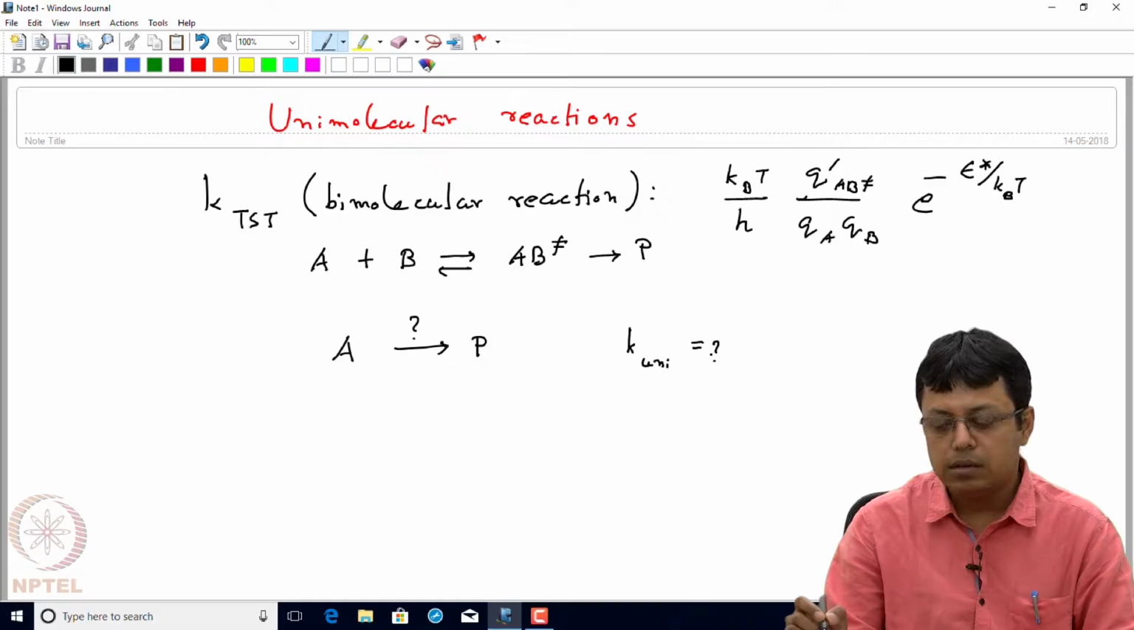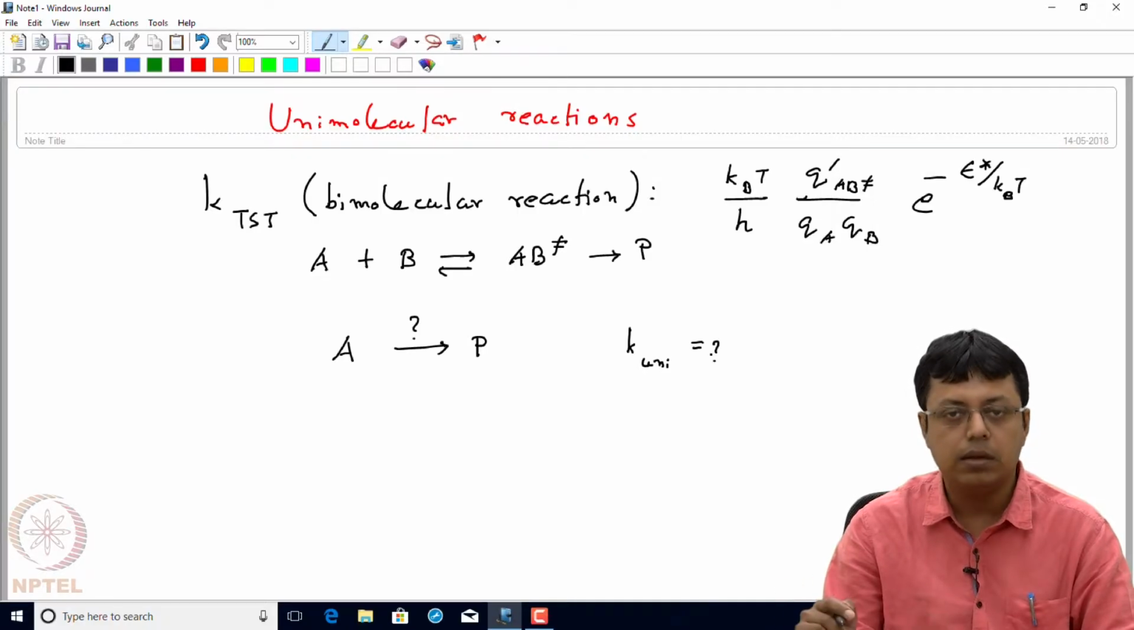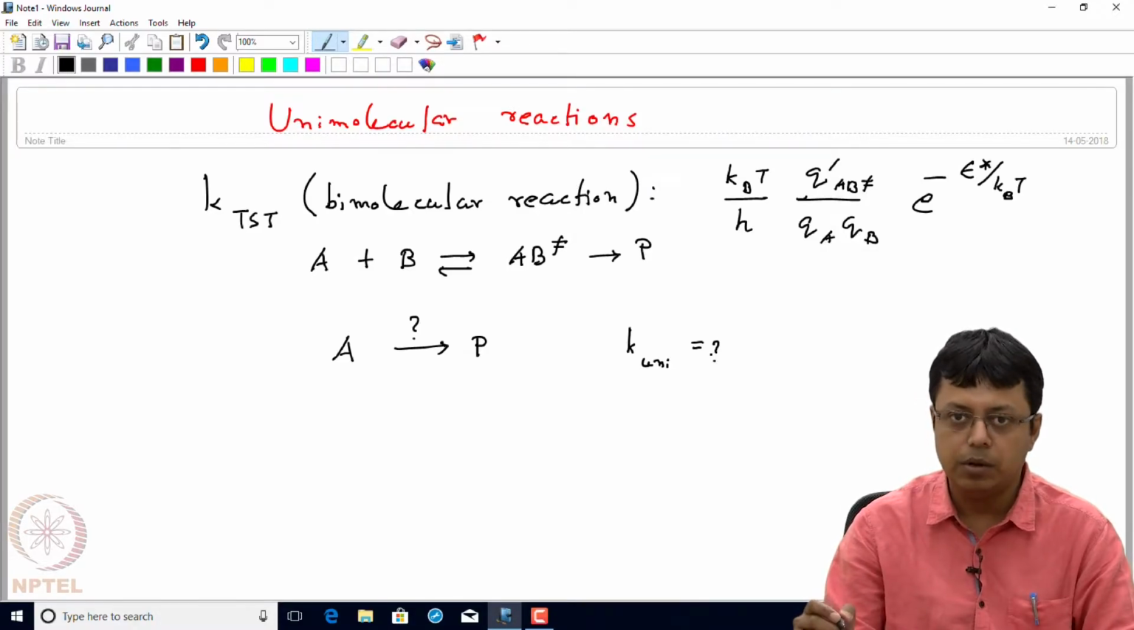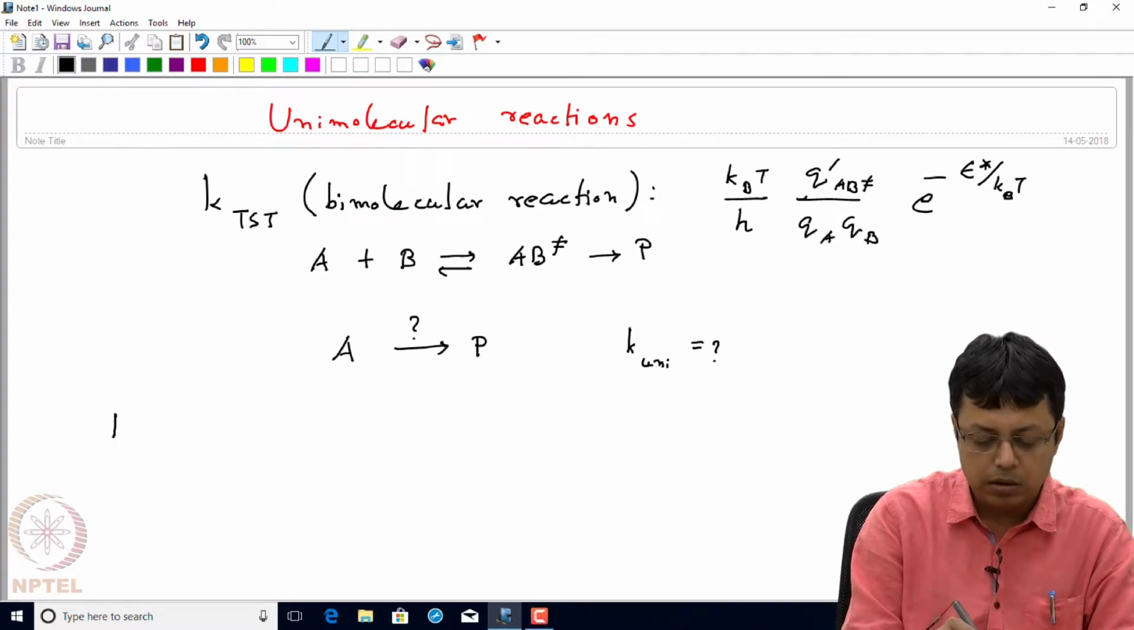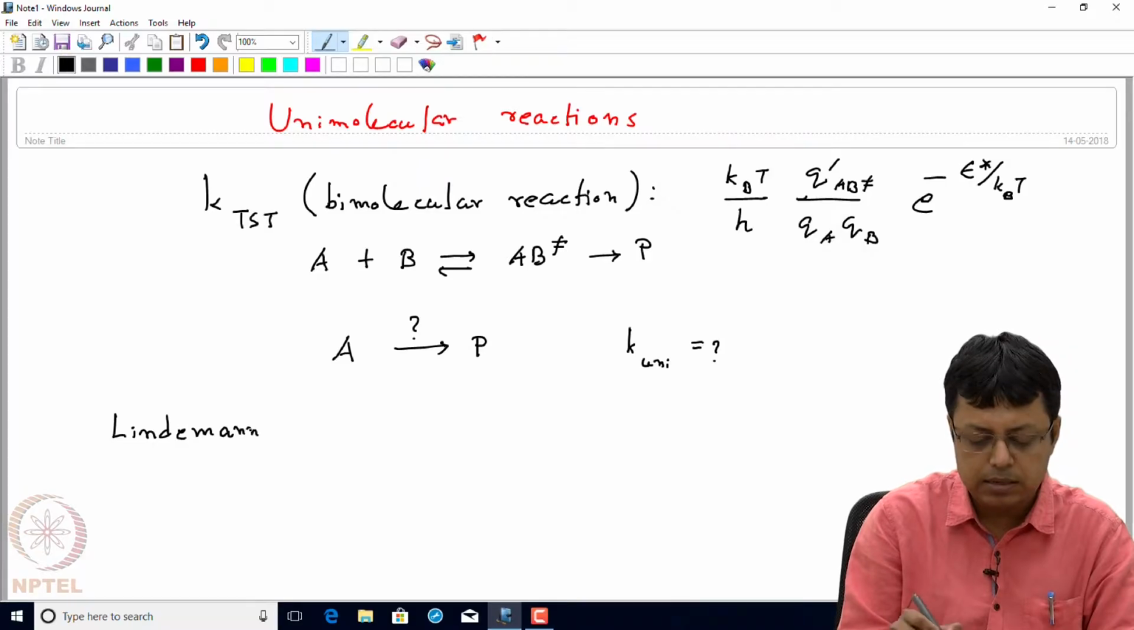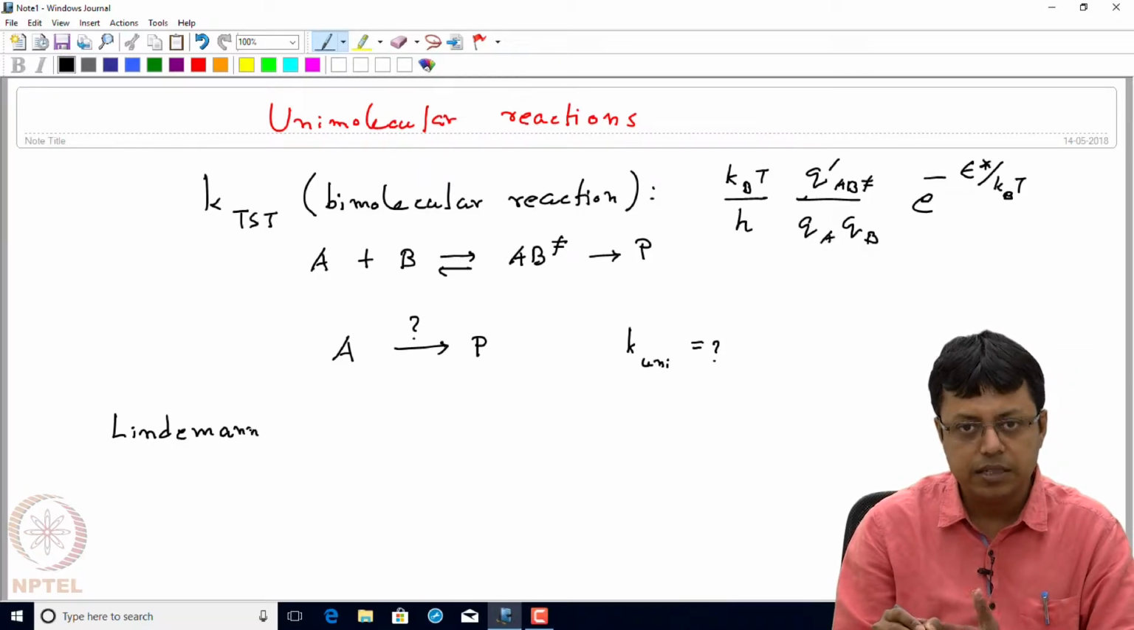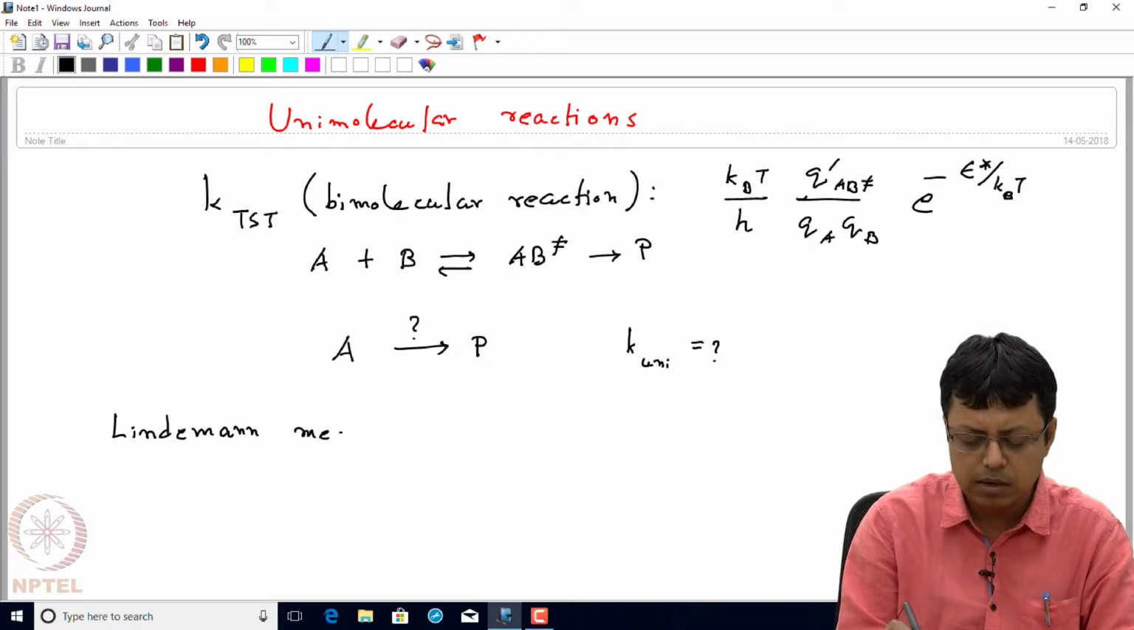We already studied the Lindemann hypothesis, but I am going to repeat it here once again so that we understand the drawbacks in the Lindemann model. Lindemann proposed that for any unimolecular reaction there is a bimolecular collision that precedes the unimolecular reaction. That is known as the Lindemann mechanism. Sometimes it is called the Lindemann-Christiansen mechanism, but we will just call it the Lindemann mechanism,